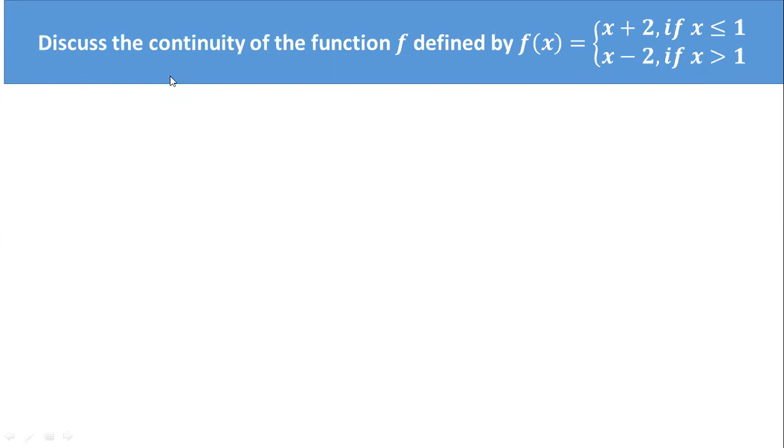You're saying that we have to verify c greater than 1, c less than 1 and c is equal to 1. Good, Niyati Lakshmi. Good, Sahana. Good, Dikshita. Okay, good. So you know the things. So if you know the things, you just start doing it. Here the function is defined as f of x is equal to x plus 2 if x is less than or equal to 1 and x minus 2 if x is greater than 1. Correct?